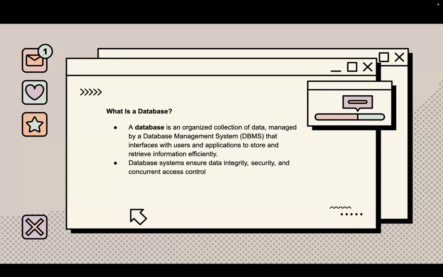So a database is an organized collection of data managed by a DBMS, database management system, that interfaces with users and applications to store and retrieve information efficiently, which is very important because the amount of data that we can potentially have can be up to billions of rows, and there will be several hundreds or thousands of gigabytes in terms of storage. And database systems ensure data integrity, security, and concurrent access control, which is basically an abstraction